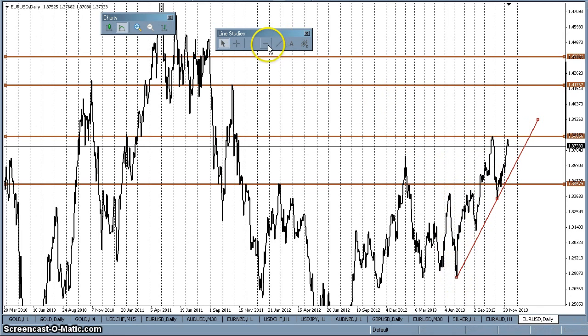There's the crossover. I think I could safely say I'd be buying here, and then I would be selling here. I can't go into how I would do that in this video. I'm just going to do the pivots. But I would place sell orders there and buy limits there. Well, sell limits up there. So I don't have an idea of trend. I don't trade trend. I just trade pivots.